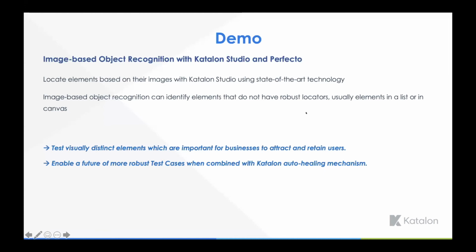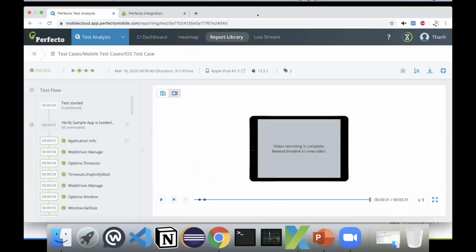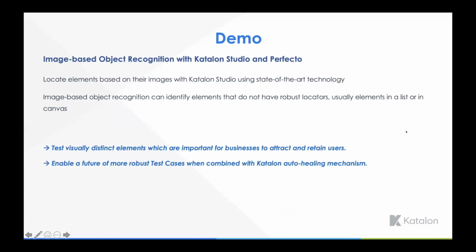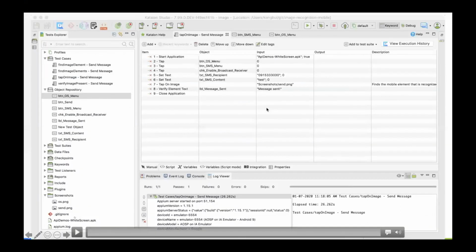Unfortunately my machine broke down recently, so I cannot show you the actual test that I set up, but I do have a video that I will try to walk you through here. Okay, so essentially the task at hand is to automate a messenger application, and we want to click on the send button. The button has the text send, which is very visually distinct, and we want to ensure to click on that button regardless of